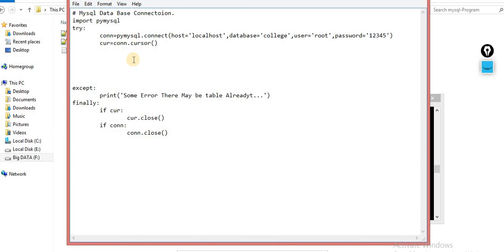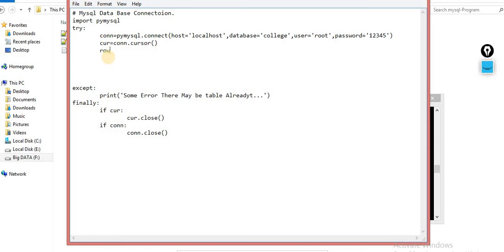Now the next thing is that we have to fetch the data. For fetching the data, as we already discussed yesterday, you can use fetch one, fetch many and fetch all. So I'm going to show you the concept of how you can fetch the data. The connection is ready. Now, with the help of the cursor you are supposed to fetch. This one is the data, this one is the cursor. With the help of the cursor I am going to fetch the data.